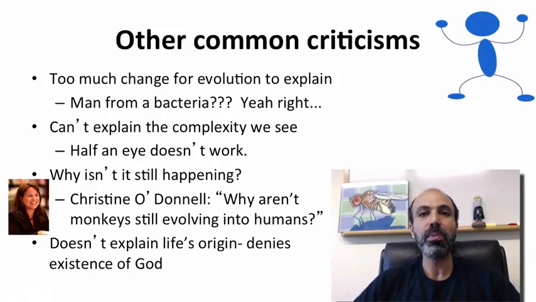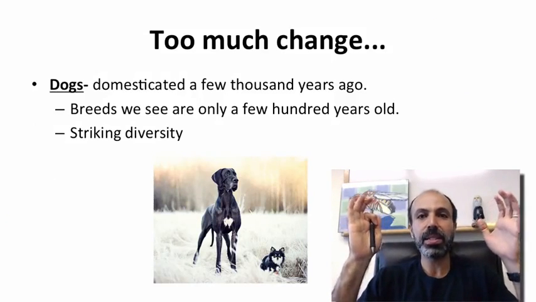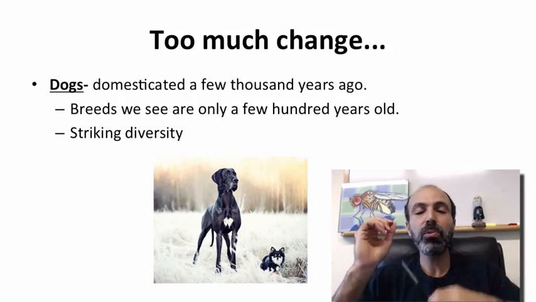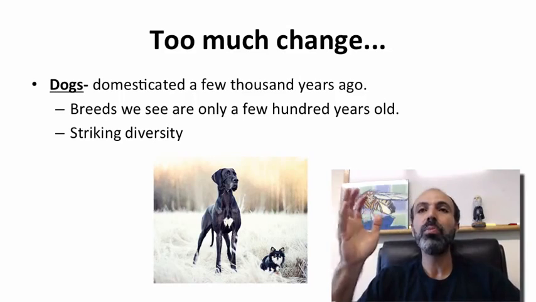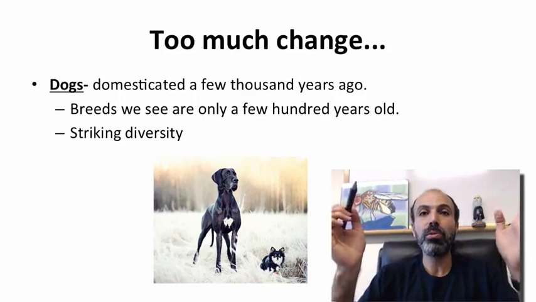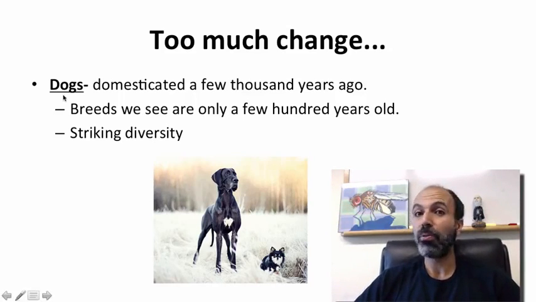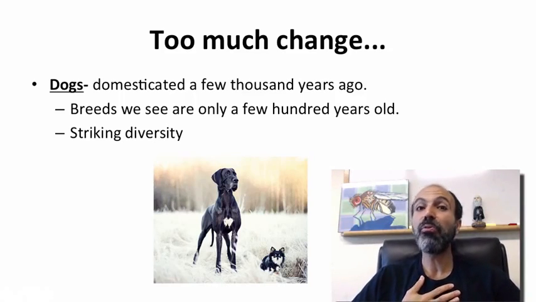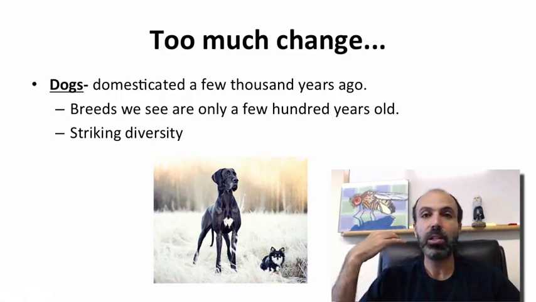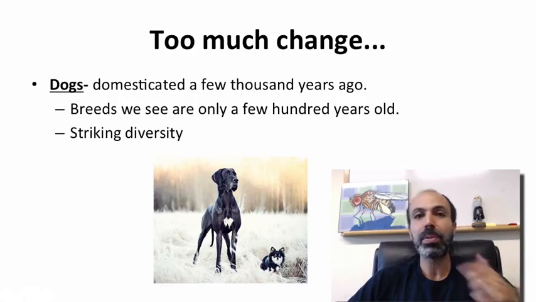So first, let's talk about the too much change argument. Now, it's very difficult to conceive of time in the context of the age of the Earth. And I think this is where the challenge comes in, when people say, well, there's been too much change. There's no way you could have that much change. Well, let's look at some things where we do know the history of what's happened. So let's look at dogs. Dogs experienced artificial selection through our human breeding. There's no fundamental difference genetically in terms of what happens with artificial selection versus natural selection. It's just one case when we apply it versus another case where the environment applies it, or competition or something like that.